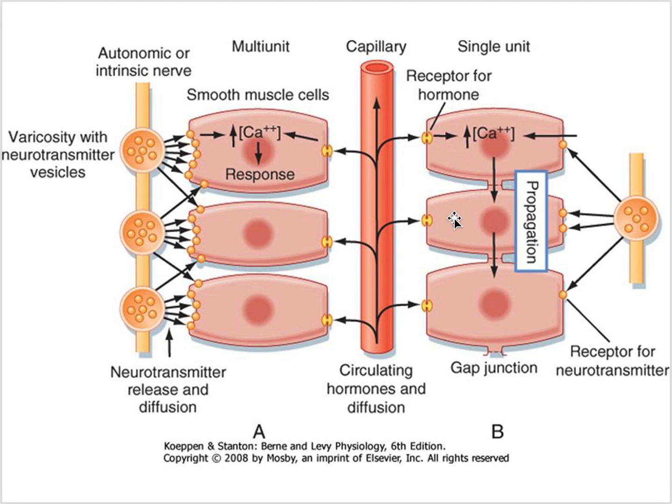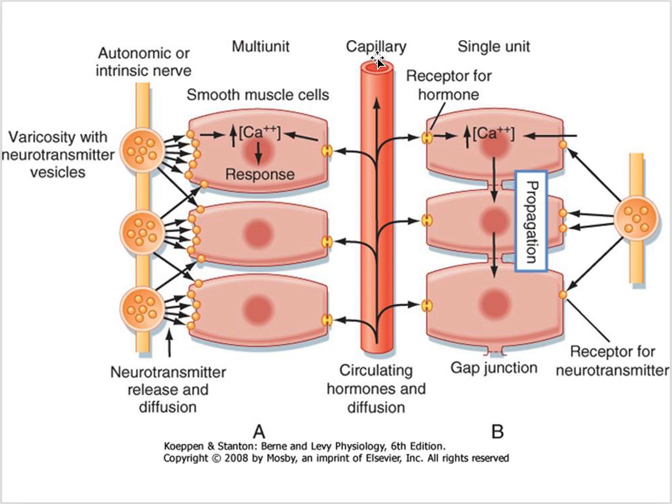Over here, same thing. This is our single unit or our visceral smooth muscle. They're connected by gap junctions, so they're electrically coupled. They act as a syncytium. Here's our autonomic neuron with this varicosity containing neurotransmitter vesicles. We can get neurotransmitter being released, and again, depending on what receptors that neurotransmitter binds to, we could have an increase in calcium and contraction, or we could have inhibition of contraction. Just depends on which receptors are being